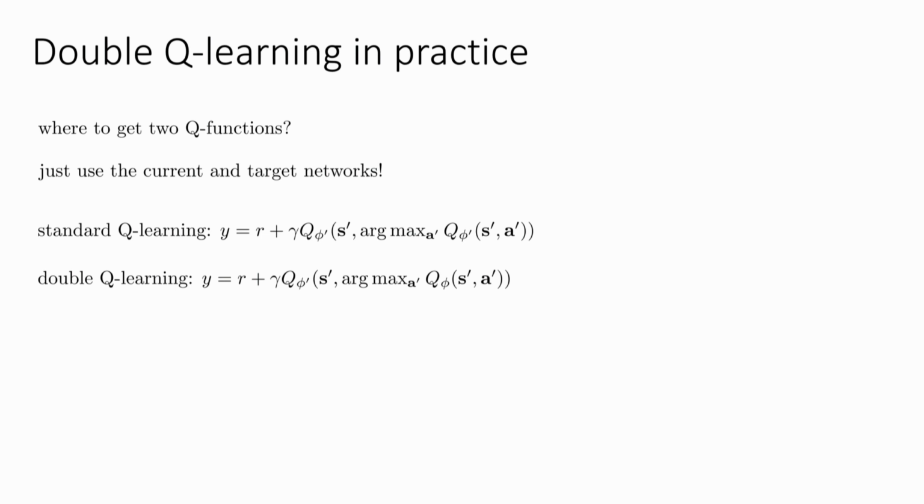Now, of course, this is a heuristic, because phi prime and phi aren't actually independent. In fact, if you just updated phi prime to be equal to phi, they're anything but independent. But in practice, they're decorrelated enough that this does, to a large extent, mitigate the overestimation problem. So all you've changed is that phi prime to a phi. Just use the current network instead of the target network to evaluate the action. Very, very small change, and it ends up doing a lot to improve the performance of Q-learning by mitigating this overestimation issue.